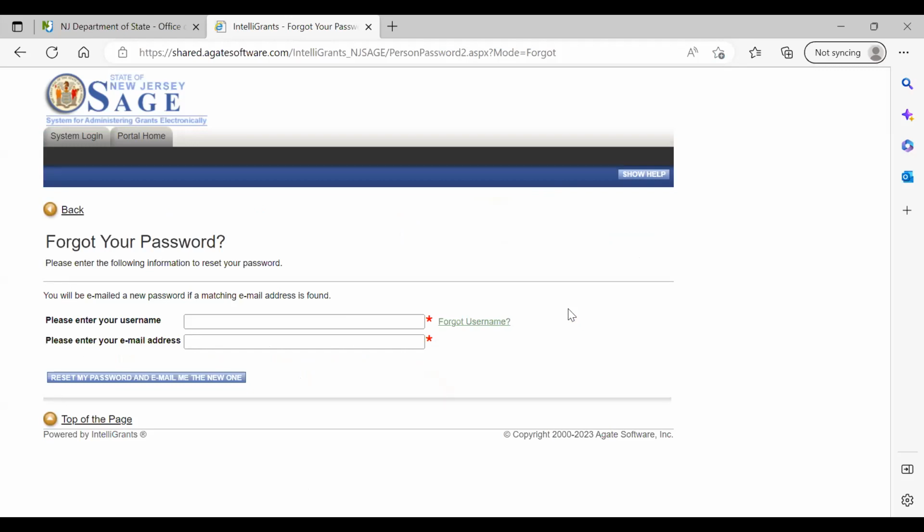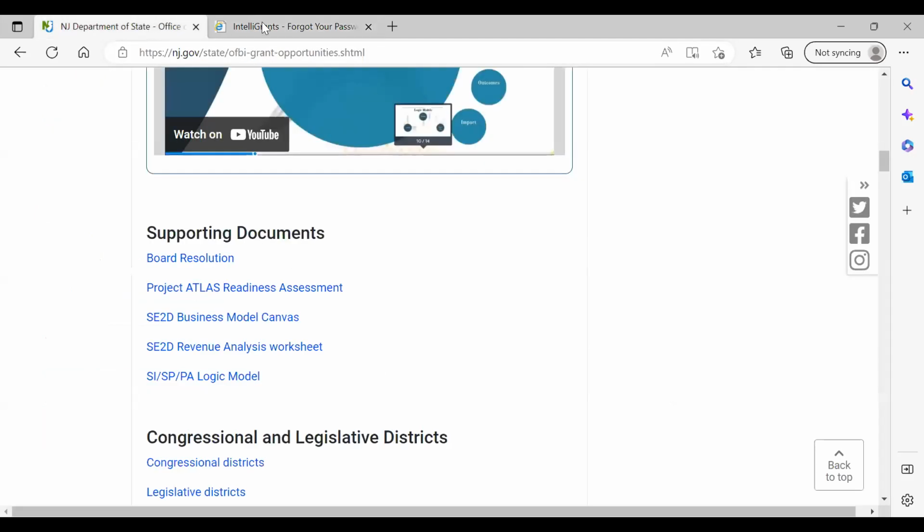Because if you put a different email in there, you're never going to get the email that allows you to reset your password. Okay? All right, so when you put the email here that you registered in Sage, you click reset my password and my email.